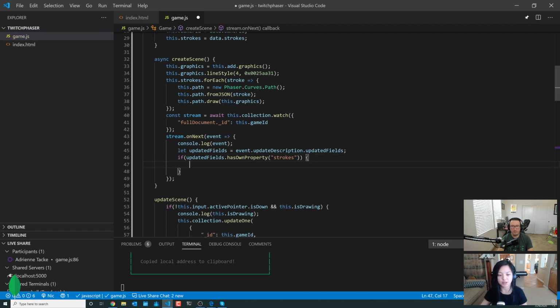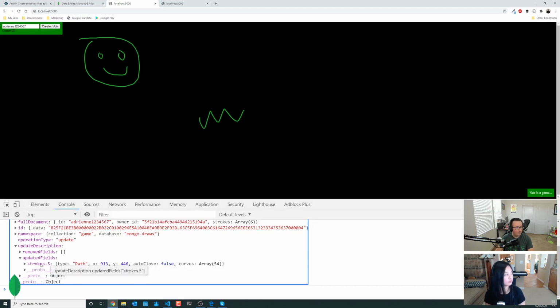That's where our points are for where we're going to draw. And if we look back, so update fields, strokes, this is where it gets a little funny. Because now we're looking for strokes, and this is strokes.5. So we basically need to arrayify this, right?